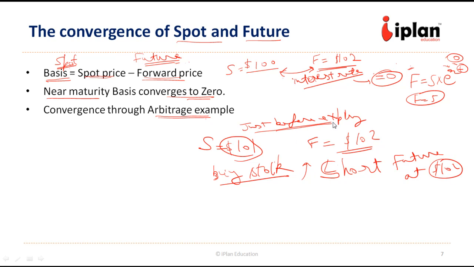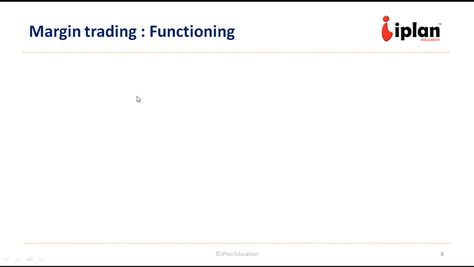Since there is no other cost involved, it is just before the expiry. So at the time of expiry, he can immediately sell at 102 and deliver the product. So he is gaining $1. This is the arbitrage profit, which indicates the inefficiency in the market. So in order to maintain an efficient market, we do not have such arbitrage situations. They are going to converge completely to each other so that the basis becomes 0 at the time of expiry. Now let us move to the next concept, margin trading.